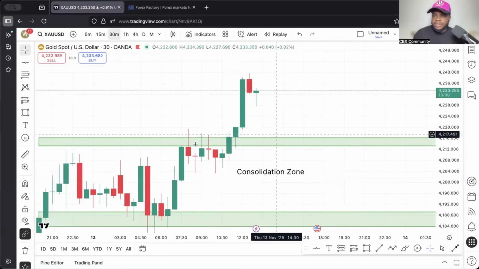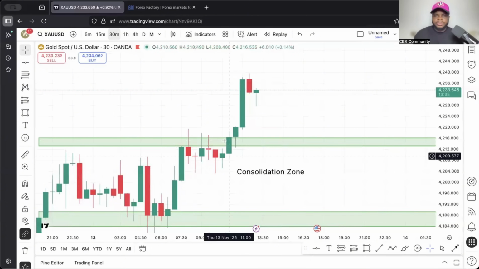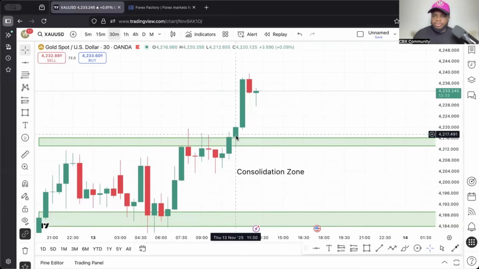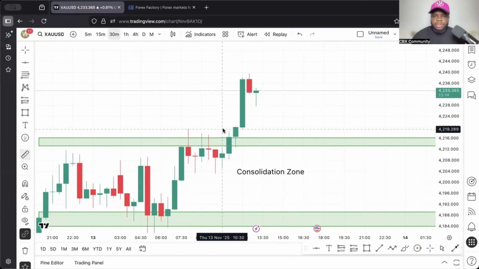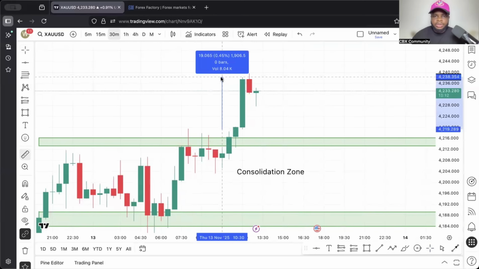So we have a resistance zone over here. This candle closed above this resistance zone. This candle also broke the high of this resistance zone, this support zone over here. But this candle created a wick and it closed with a bullish candle. The next candle broke the high of this bullish candle and it closed with a strong bullish candle. So from the open of this candle to the close of this candle, we are looking at